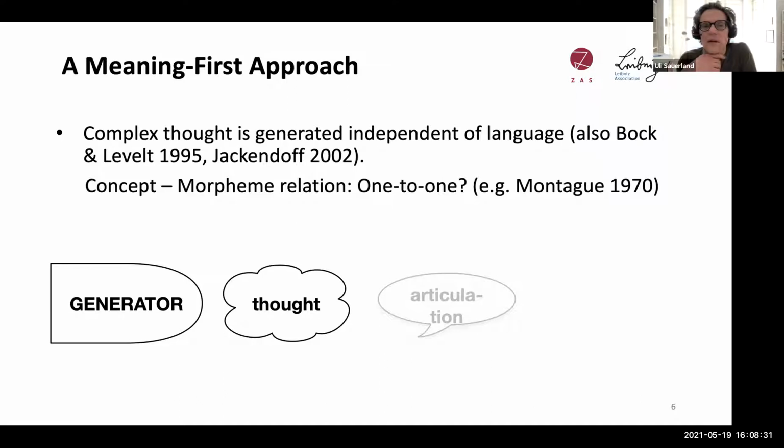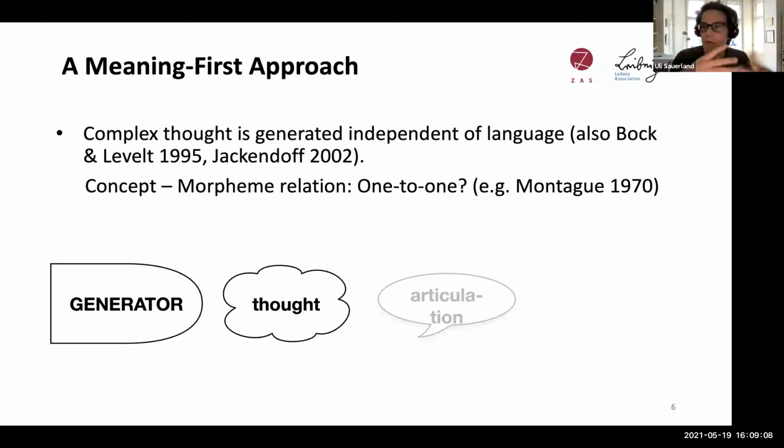an articulation, so that each concept stands in a one-to-one relationship to a morpheme of the language, and this is also generally assumed in work in formal semantics. But from this perspective, this doesn't seem so natural, because this articulation process is something on top of this, and it's more like when you have a file on your computer, and for